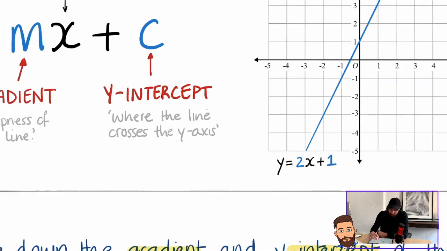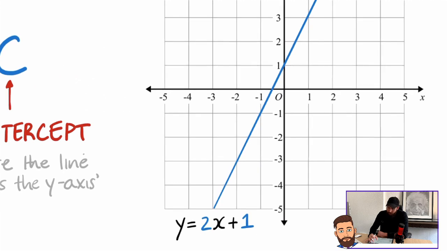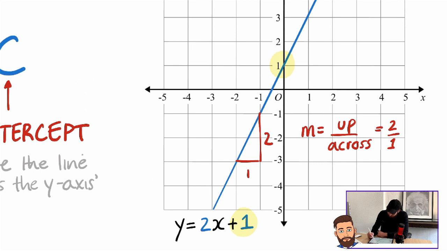Well, that maps to plus c. And we discussed a minute ago that this line clearly crosses the y-axis at 1. So the y-intercept is 1. C is 1. And the gradient, if I draw it on, is across 1 and up 2. And remember, m equals up divided by across, which would be up is 2, across is 1, and 2 divided by 1 is just 2. And that maps very nicely with